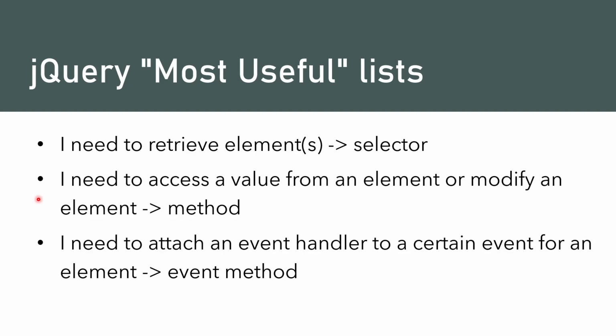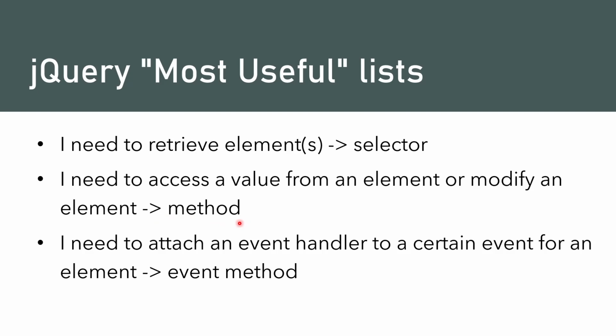And if you need to access a value from an element once you have an element, or make some sort of modification to an element once you have it, you'll want to use a jQuery method and look through those to see what ones might perform the action that you want